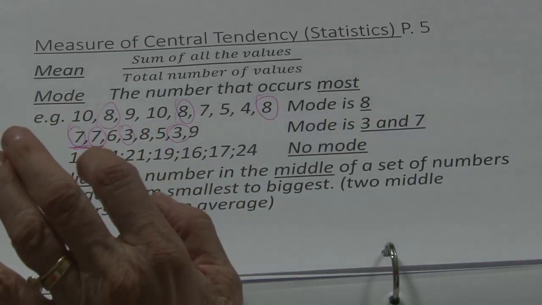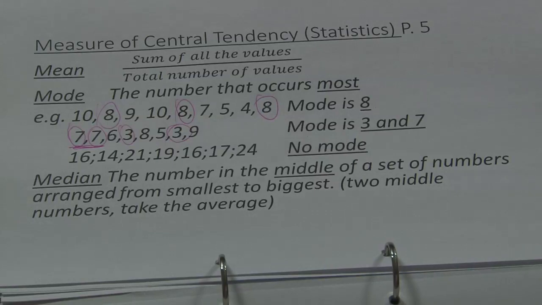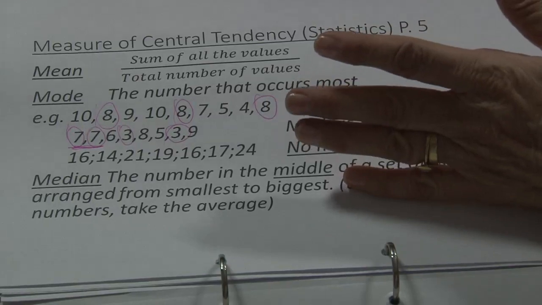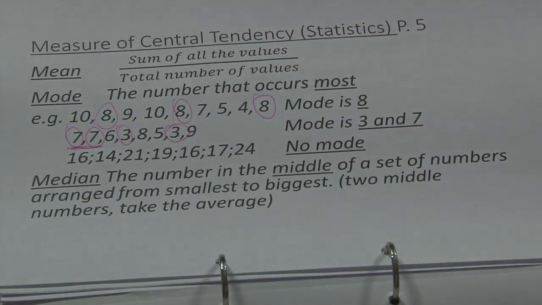So the answer can be 1, or it can be 2, maybe 3 if it's a lot of numbers, or no mode. The median is the number exactly in the middle of the numbers. Now for the median, but it will be good also for the mode, arrange the numbers from the smallest to the biggest. For the median, you have to do that. So you arrange them from the smallest number to the biggest number, and then you write the one that is